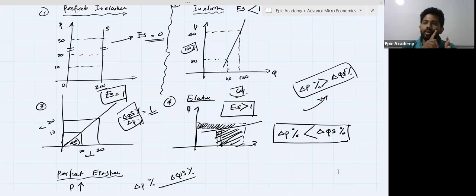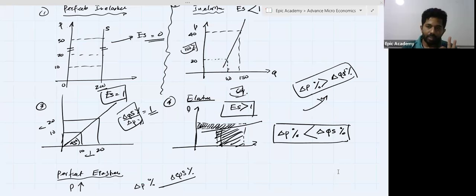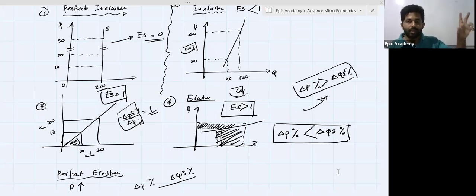It is similar to the demand: name, category, coefficient value, shape of the demand curve. It's very important because each and every question contains that knowledge. If you cannot identify the commodity features and the commodity behavior, you cannot create a better quality answer. That is why it is very important. We already identified some questions related to that. It only represents the coefficient value. Then you have to identify the behavior. It's very important.